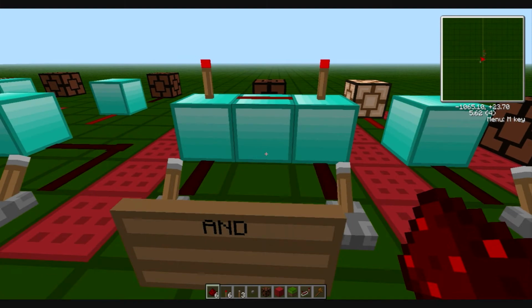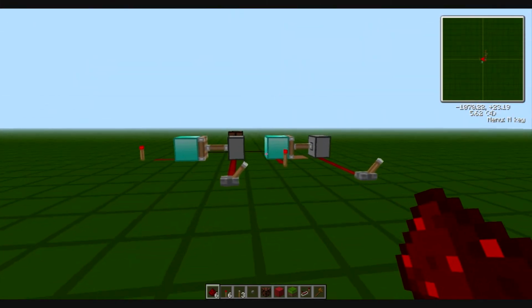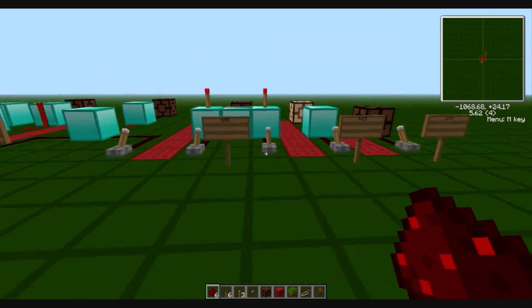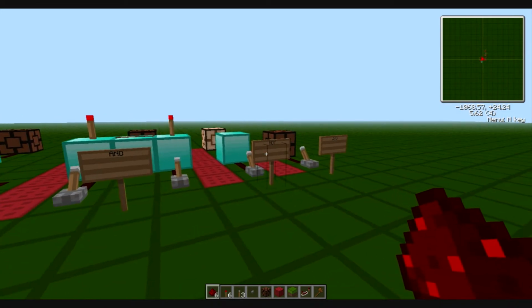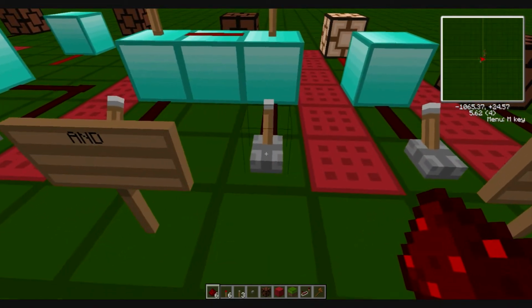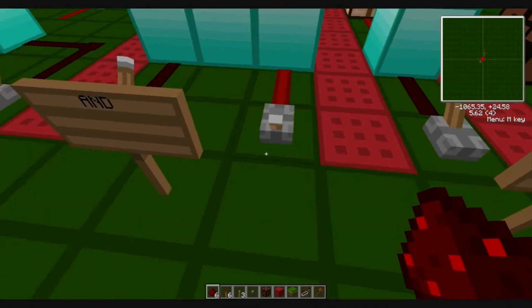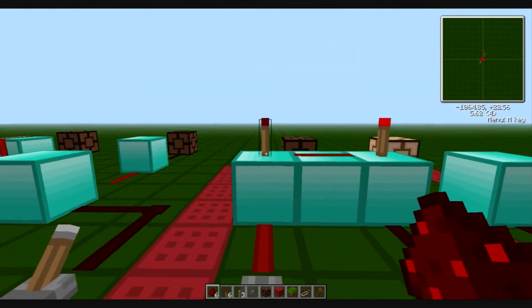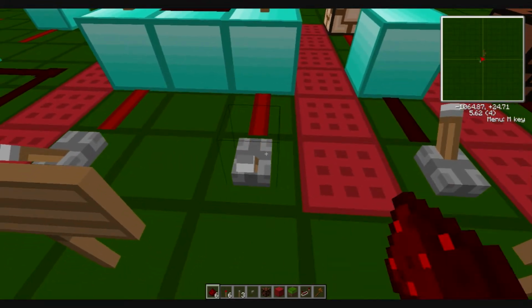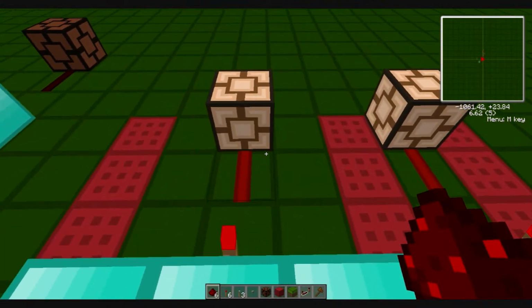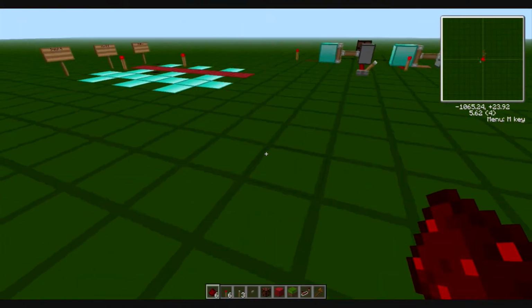Moving on, we have an AND gate. Remember, this one over here is the NAND gate because it is the NOT of the AND gate. What the AND gate does is, when one input's on, nothing. When the other input's on, nothing. But when both inputs are on, the output is also on. And so the truth table for this,